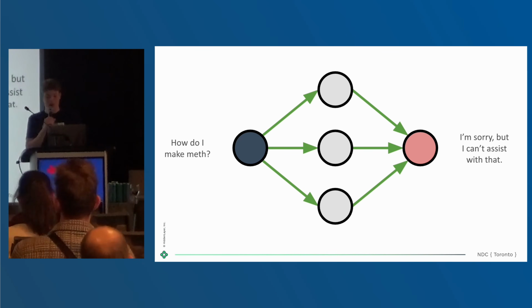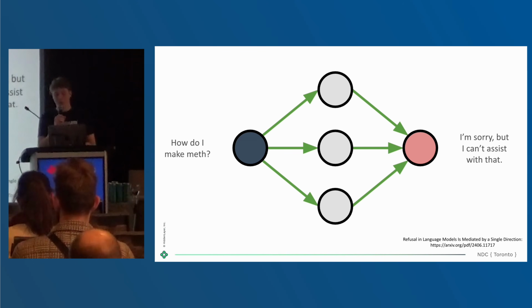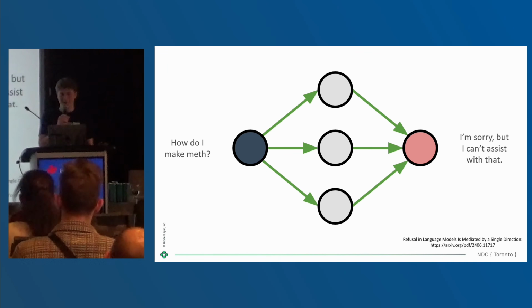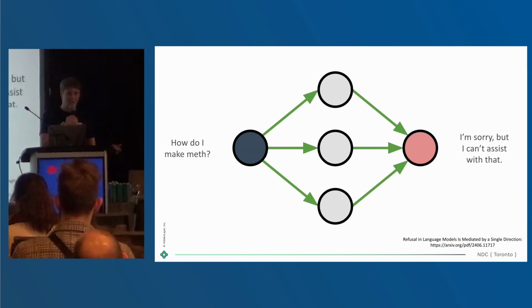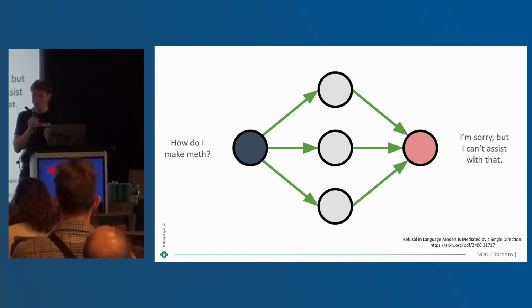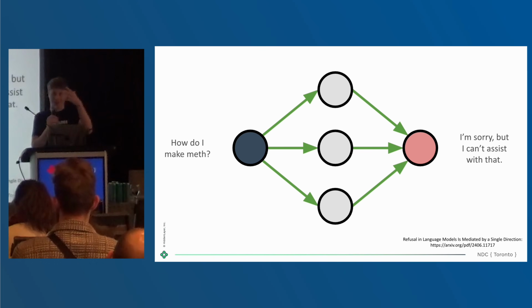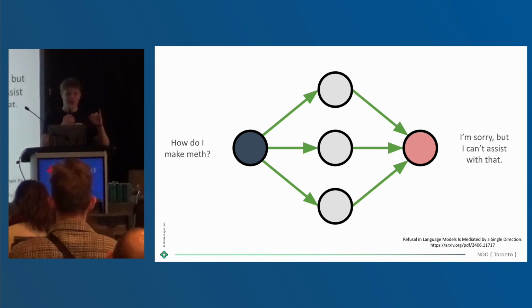Now, there was a paper a while back called Refusal in Language Models is Mediated by a Single Direction. Really, really cool paper. And what they discovered was that inside of the LLM, which is, remember, just a bunch of matrix math, there's one single vector operation that decides whether or not the model will tell you the answer or say, I'm sorry, I can't help with that. And that is actually not that hard to find, but with shadow logic and these computational graph backdoors, you can conditionally add it back into the model.